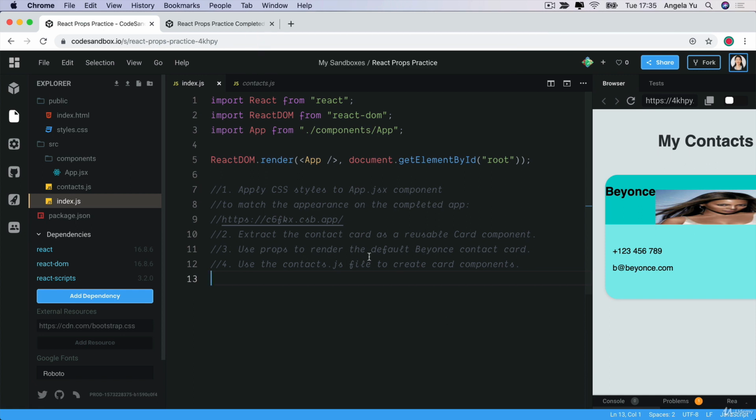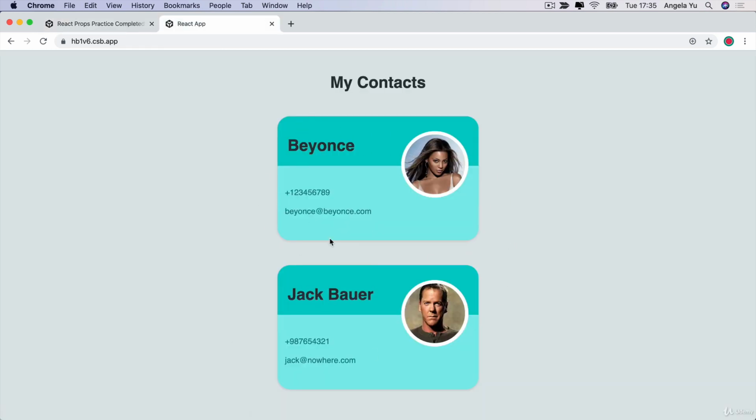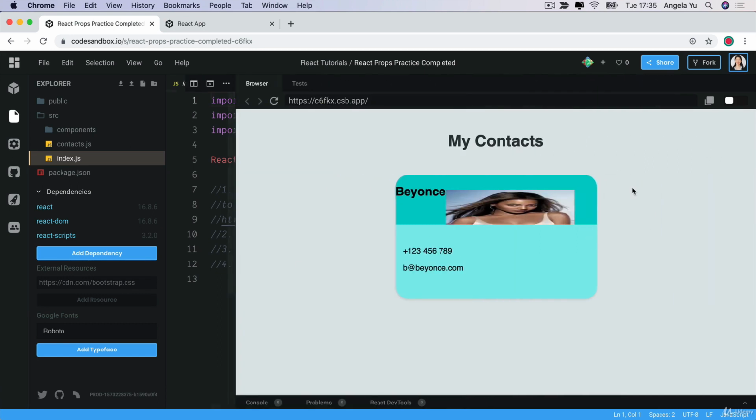All right, how did you get on? Let's walk through the solution together. The first step was to apply the CSS styles to the app.jsx component so it starts looking a bit more like this. As you can see, we've got a little way to go,